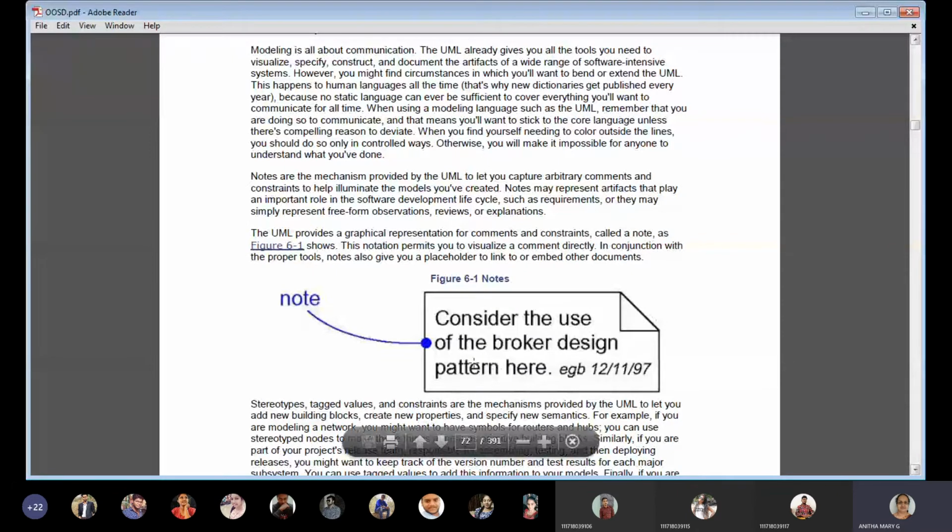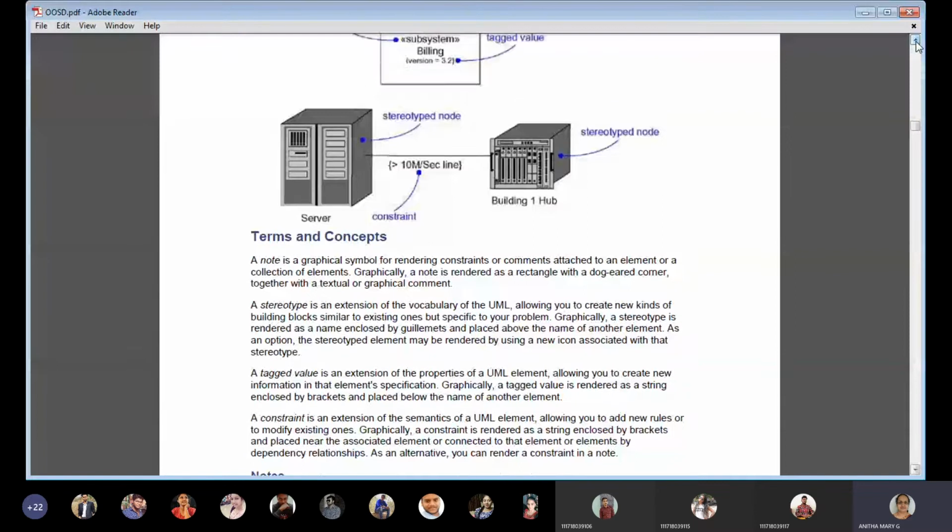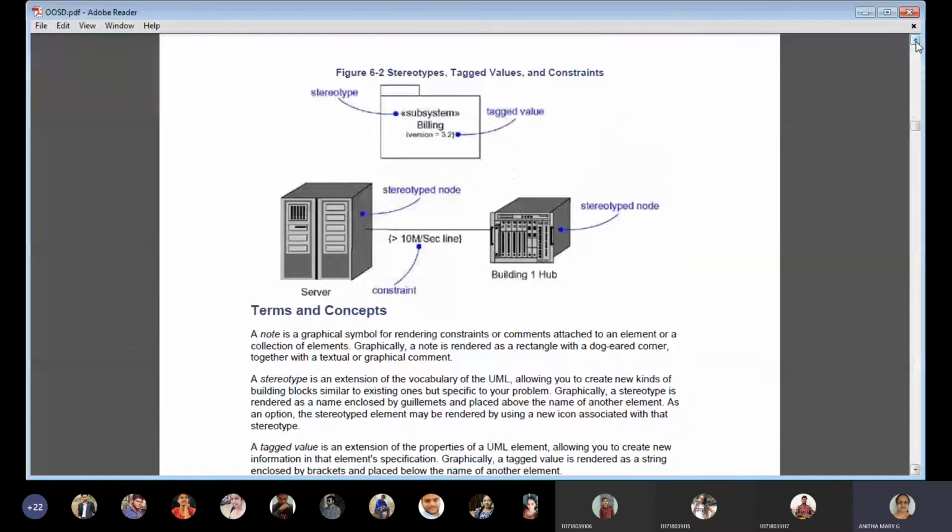A note can be given any kind of text, any number of lines. There are no rules or semantics for writing a comment. There are no rules for how to write or declare comments in programming languages, right? Comments are free-form text, and they can be written any way you want. In comments you can give some symbols or anything. The same thing you can say here.